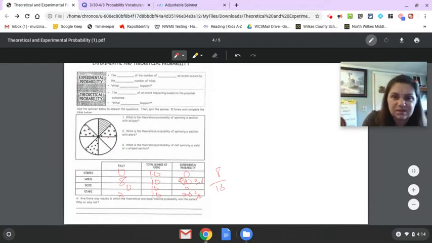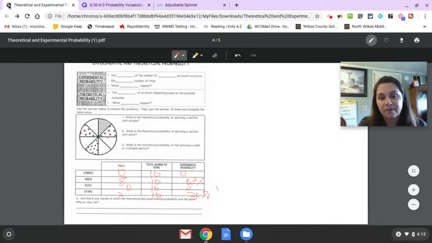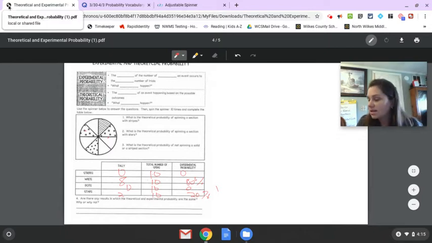So we'll just change this over and just write 0%, 80%, 0%, and 20%. Maybe that looks a little bit better. Okay. And then the very last question on this page says, are there any results which the theoretical and experimental